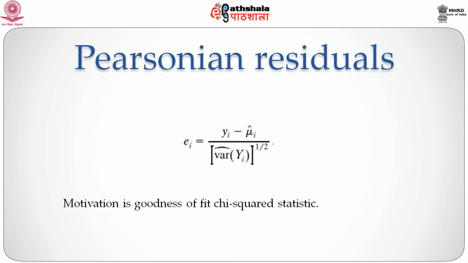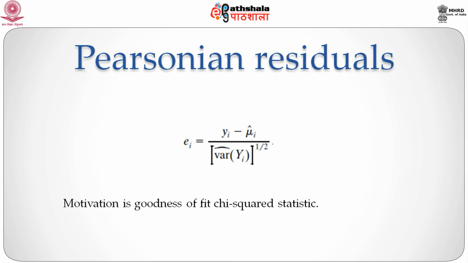note that GLM data is often heteroscedastic. So for example, for count data with a log link, we know that the mean mu_i, which is given by e to the power x_i prime beta, is equal to the variance, which is also then equal to e to the power x_i prime beta. Thus the variance depends on the covariates, and as this is different for each of the individuals, we have a situation of heteroscedasticity. Thus it would not make sense to compare just the y_i minus mu_i hat difference values,